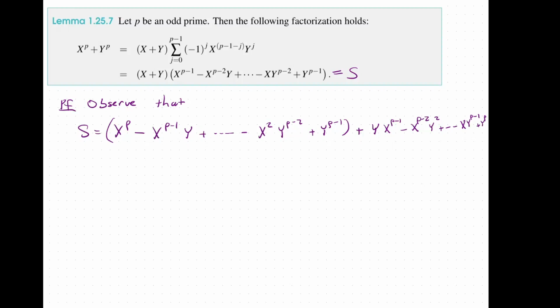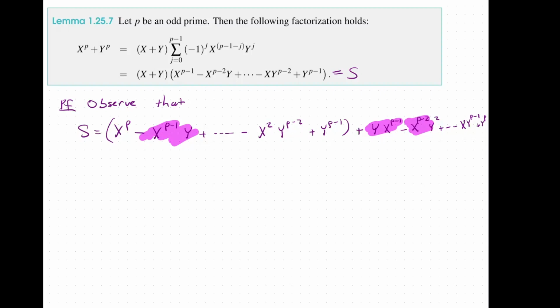So we got this here. But the key thing is that we now have cancellation. We have a negative x to the p minus 1 times y, which will cancel with this. The next term that's following up over here is going to be x to the p minus 2 times y squared, which is going to cancel off with this term here. So we're going to have that cancellation. And this is going to continue. We're going to have x y to the p minus 1 cancel off with our x y to the p minus 1,